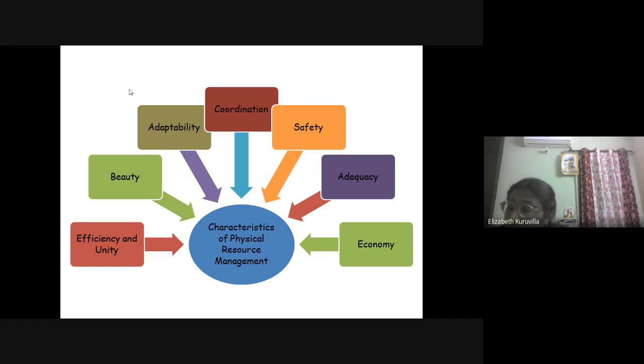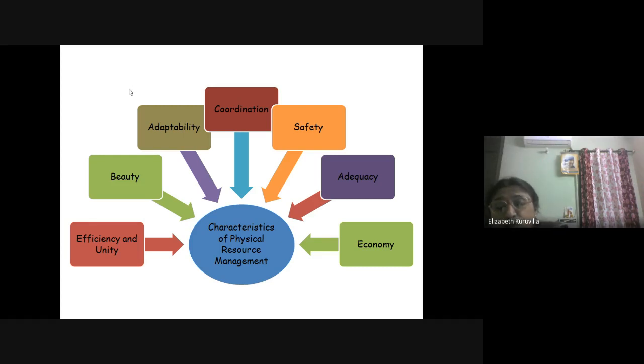Then, in the case of safety criteria, we have to check whether there is proper ventilation. A school plan must be able to protect and serve the life and things of the people inside. So it must have proper ventilation and light.